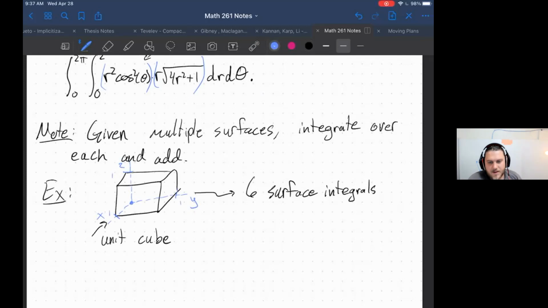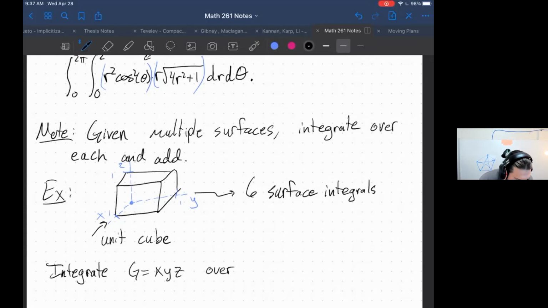So this is how we think of the unit cube here. Then for this example, we will set up the integral, but integrate the function x, y, z over